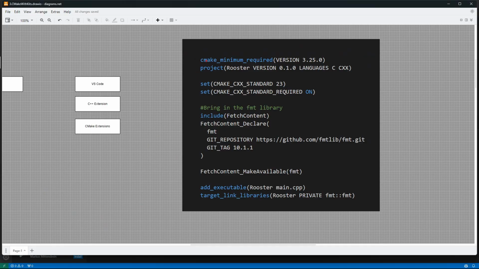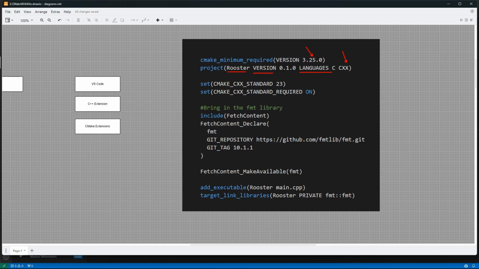And I tried to make this script file as minimal as I could, but these are the things you need to set up a basic C++ project using CMake. The first thing you do, cmake_minimum_required. This is a command that is going to set up a minimum version for your CMake project. There is a project command that is going to specify the name of your project, the version of your project, and the languages that your project is using. CMake supports multiple languages, but in this case, we are using it for C++, and we say C++ by CXX